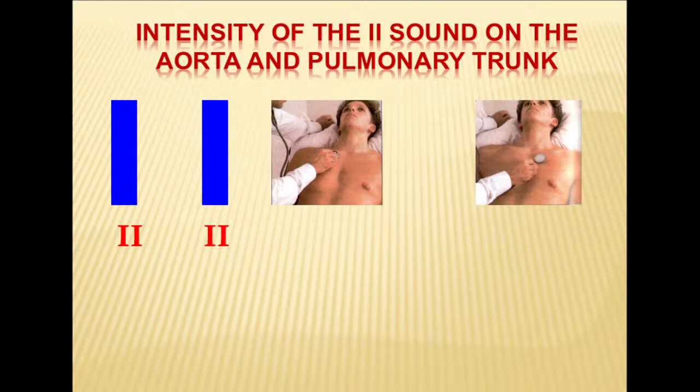Not mixed. You auscultate the aorta to compare the intensity of the second sound with the first. Then over the pulmonary trunk, in the same order. Then we'll come back to the aorta and pulmonary trunk, but with another purpose. We'll pay attention only to the intensity of the second sound, and normally the second sound over the aorta and pulmonary trunk must be the same